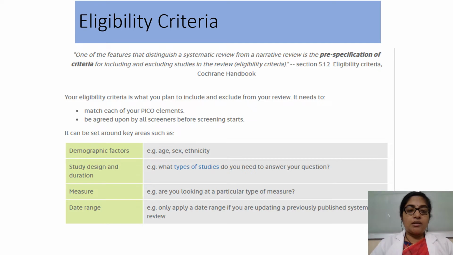So this can be, for example, demographic factors, age, sex, ethnicity, study design and duration, what types of studies you need to involve to answer your question, what measures we are looking for, and what the date range is, this and this year we are searching for. So all these areas need to be mentioned as eligibility criteria, and if we are clear with this, then we are likely to get very specific results.